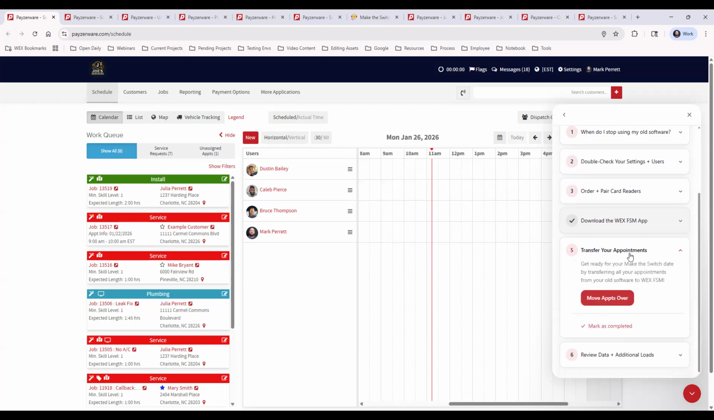Now, for transferring your appointments, just know there's no loading of appointments. So let's say you're using another software and you have the next month of appointments in there, we do not have a way to load appointments. While we are going to load your customers, invoices, payments, things like that, to get ready for making the switch, you will be entering those appointments manually into your calendar, which we do recommend doing. But just a tip for that,